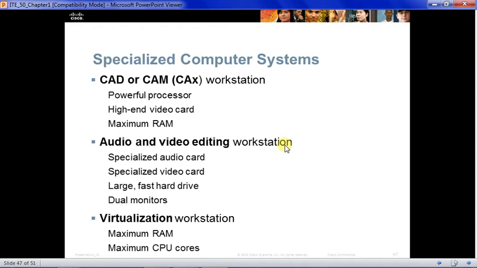Another way is if you're designing programs and you're testing programs, you might want to run a different operating system in a virtual environment, and that way you won't have any harm done to your actual operating system. So this would be a virtual desktop infrastructure, that example. So some examples here of how you might use a VDI to test software or do software upgrades. Use another operating system. Maybe you need to train